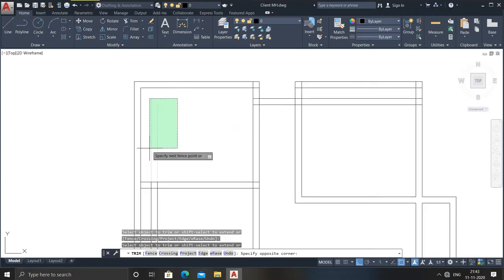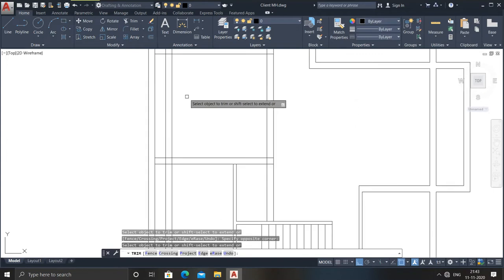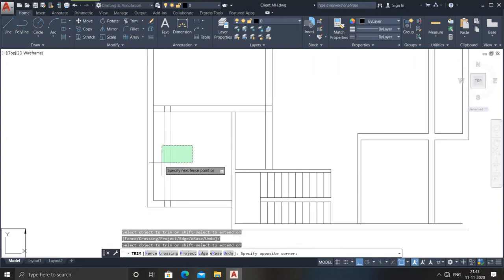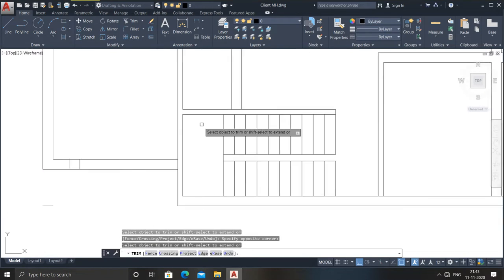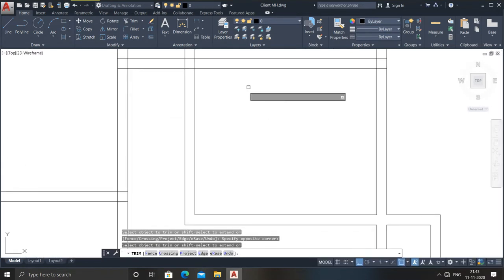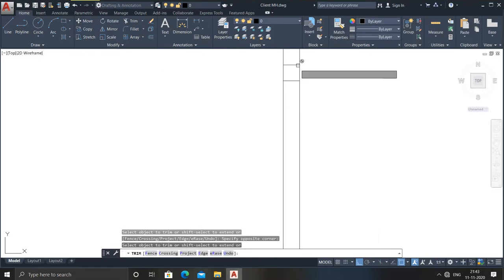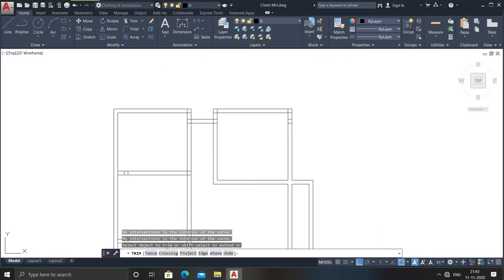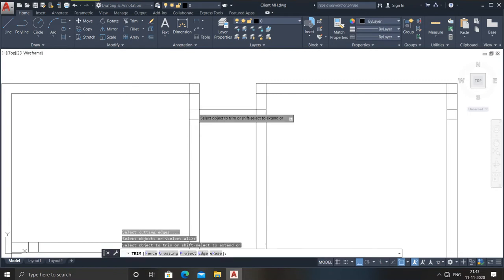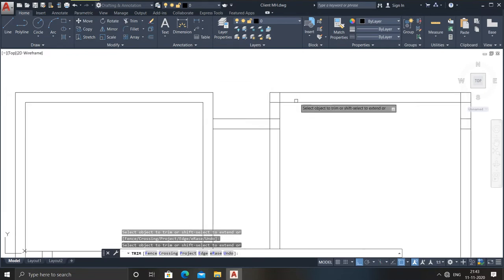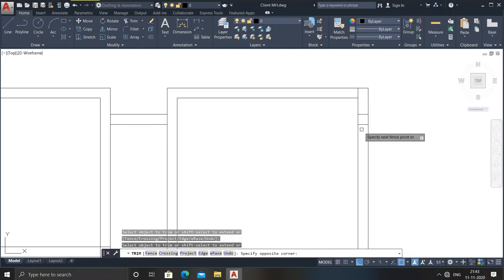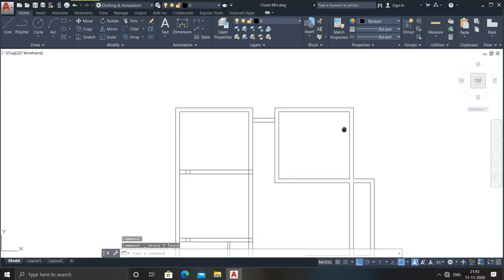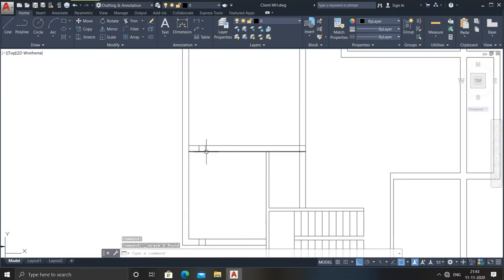Just trim it. Here also I need to trim it, here also, here also. So you can see, do not have any misconception about it, just trim it. Just patiently you need to do all the things which I am doing over here. Here, here, just trim it. Now you can see the shape has already come, so it looks like a building plan,